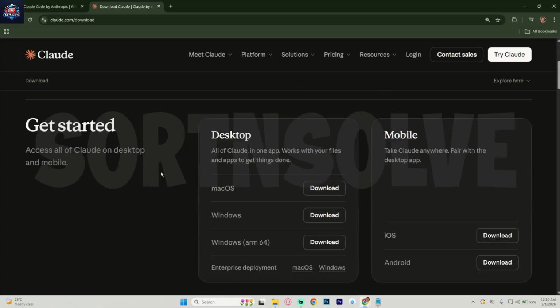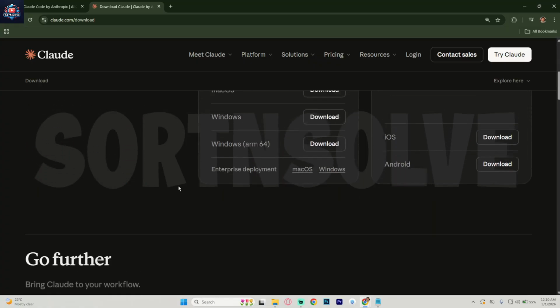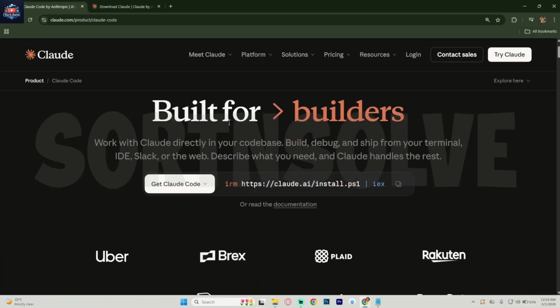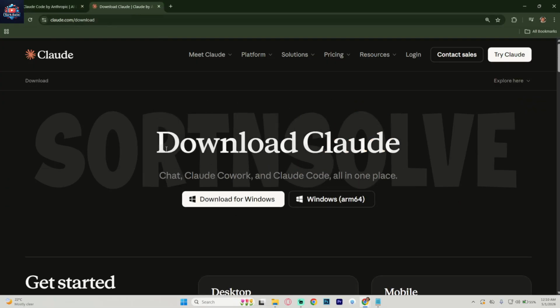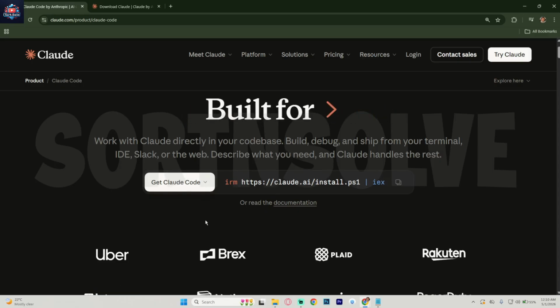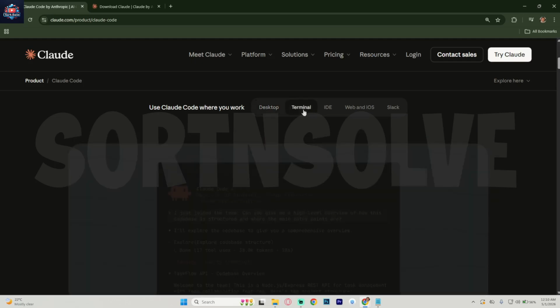In this video, I'll guide you through an in-depth comparison of Claude Code versus Claude Desktop so you can clearly understand which one fits your workflow better. First, let's clarify what these two actually are. Claude Desktop is the general-purpose application where you chat with Claude for writing, research, coding help, and everyday tasks. Claude Code, on the other hand, is a more advanced, developer-focused tool designed to interact directly with your codebase and